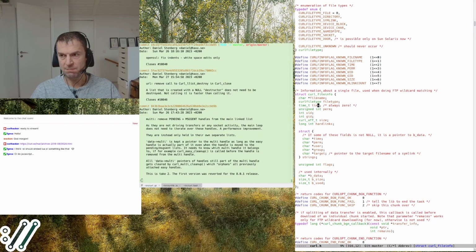It's info about each file that it parses in the listings. So it makes a directory listing and then iterates over it, and gives a callback to the user with information about each file. File name, file type, time, permission, user ID, group ID, and stuff like that.